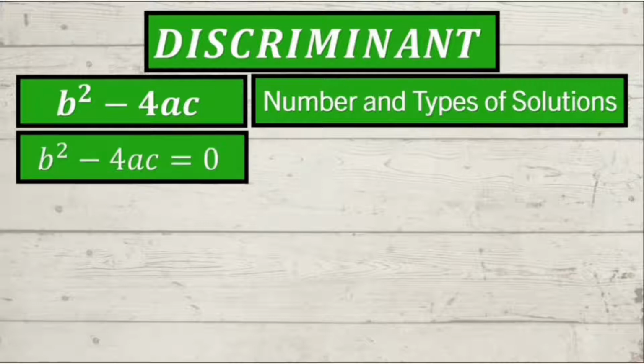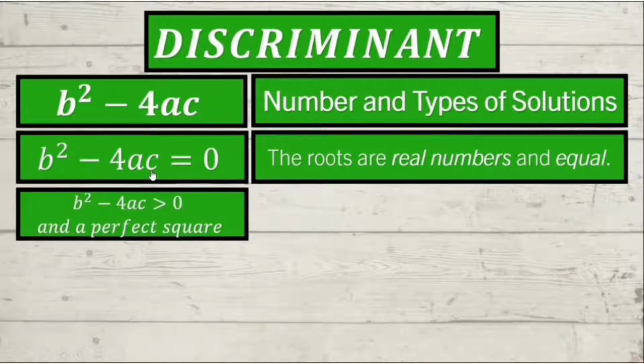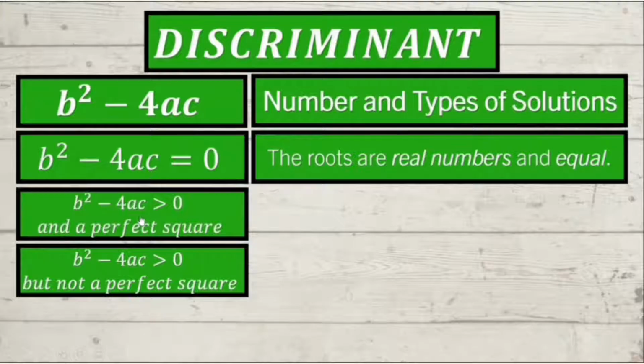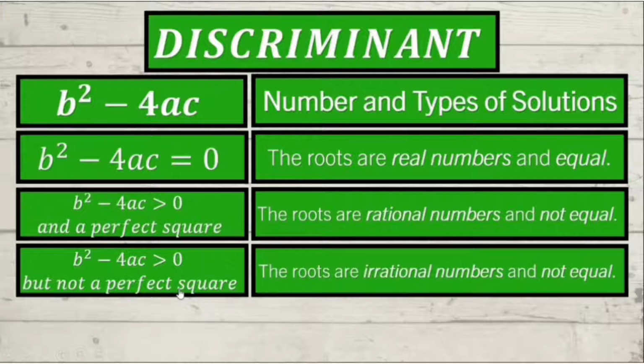When the discriminant is 0, there is one repeated solution, and it is a real and equal number. Whenever the discriminant is positive, there will be two different real number solutions. When the discriminant is positive and a perfect square, these solutions will be rational numbers. When the discriminant is positive and not a perfect square, there will be two irrational solutions that are conjugates of